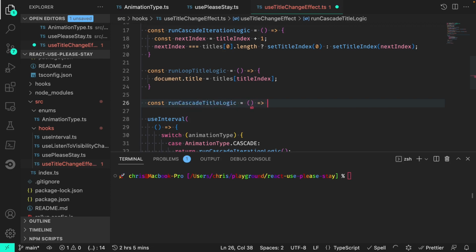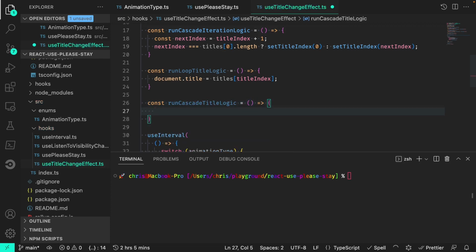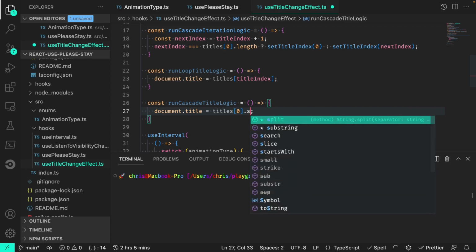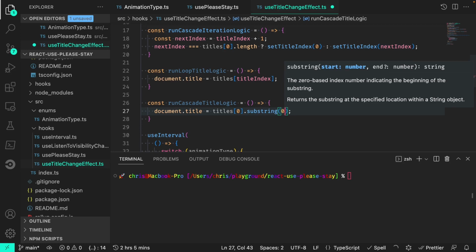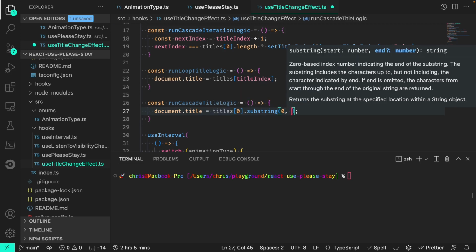And again, it's fairly similar, except we'll be using the first index of the titles array, and to iterate through the given letters in that first title, we'll use the substring function. So starting at the first position of whatever the first title is,